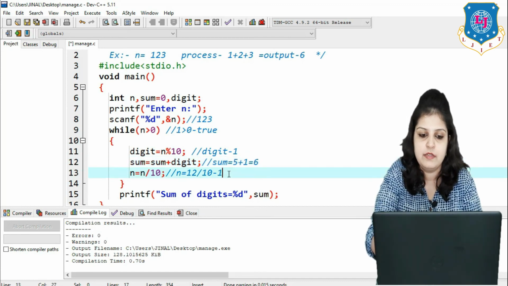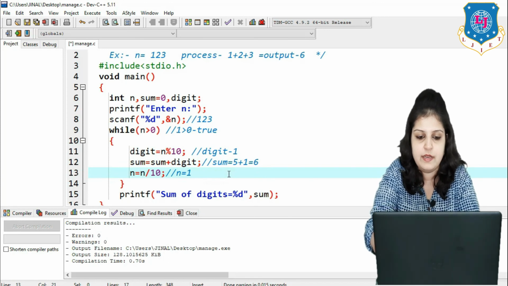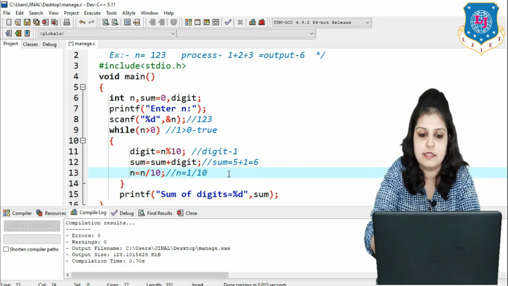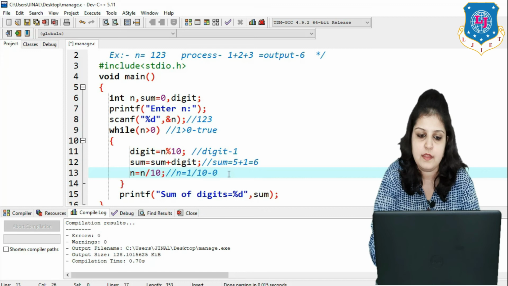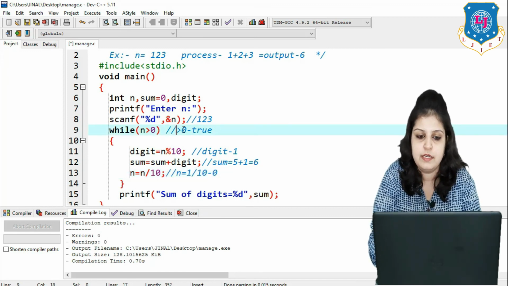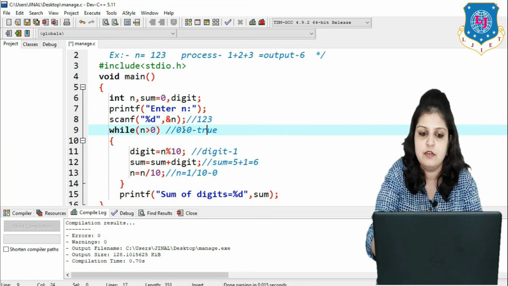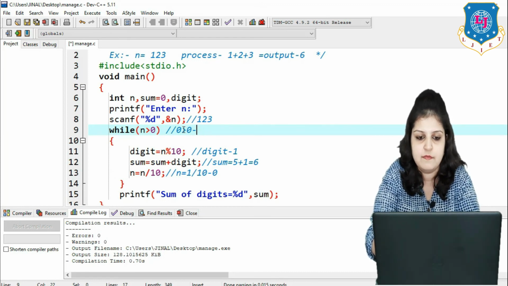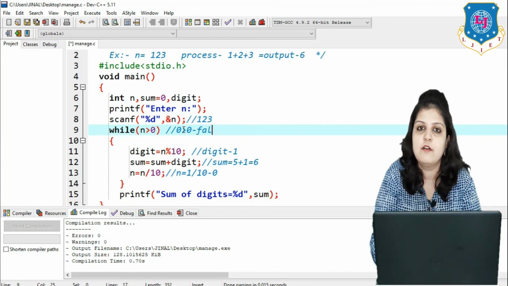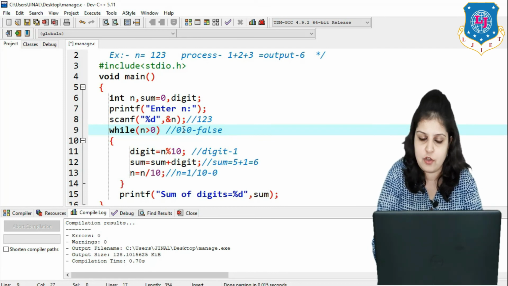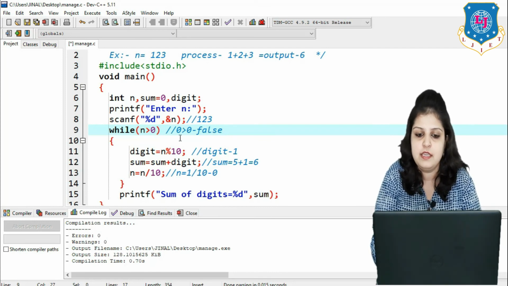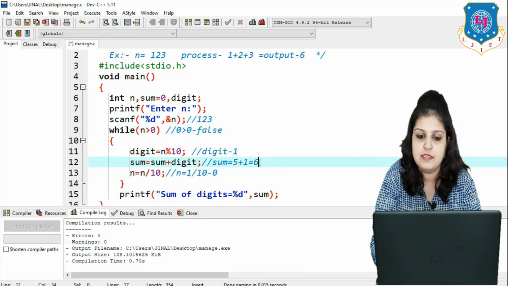Now divide the number, 1 divided by 10, and we will get answer 0. Now again check the condition that 0 greater than 0, is the condition true here? No, now our condition becomes false. So our loop execution will be stopped.